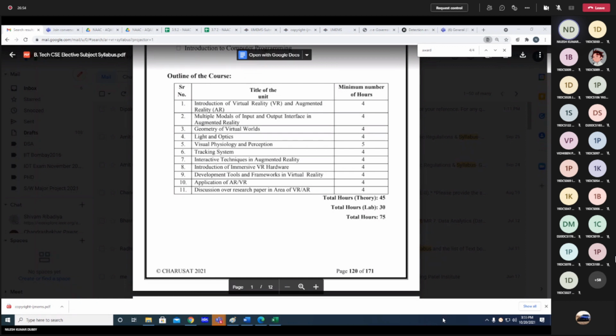Any other questions? Sir, who will be taking this elective? That is not decided. It will depend upon the faculty who show interest. Just as you are given the option to select the subject, faculty has also been given the option to select the subject they want to teach.